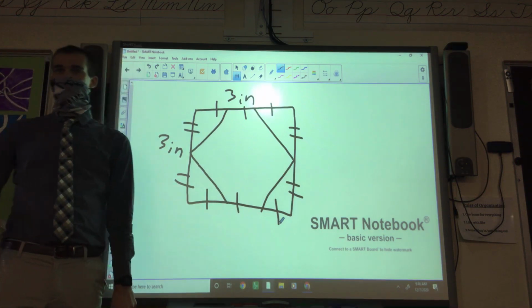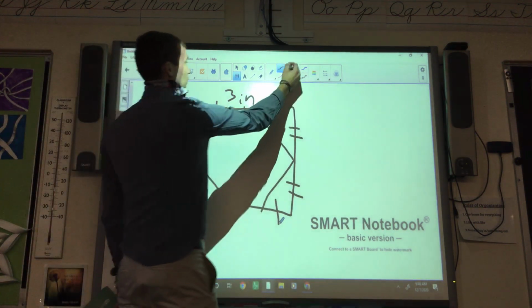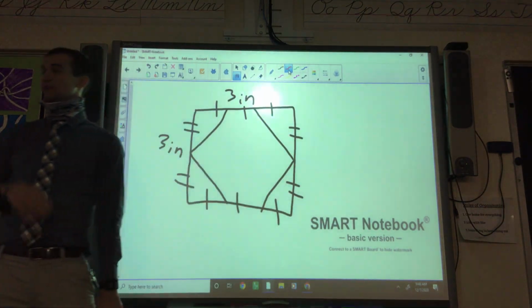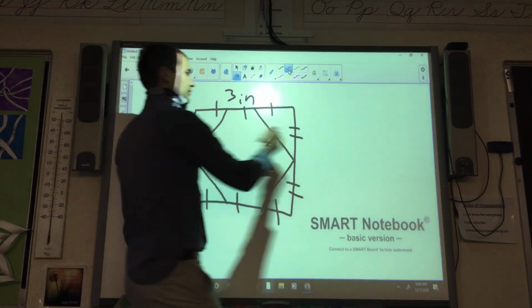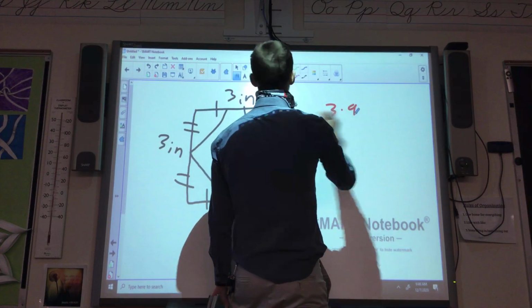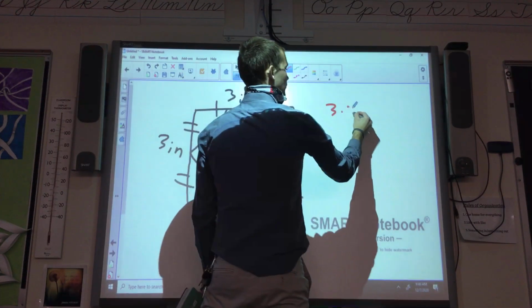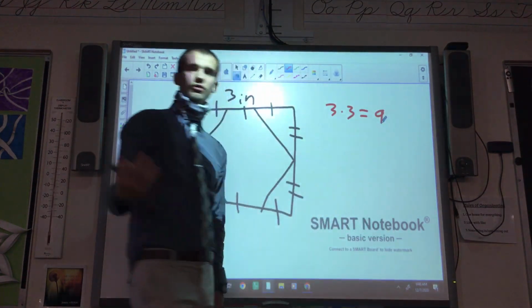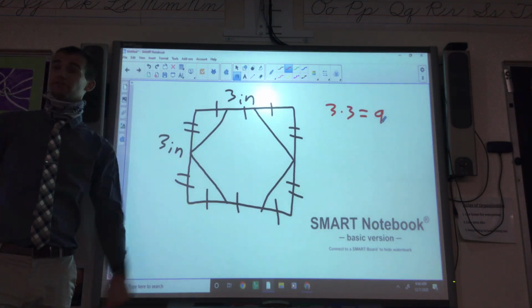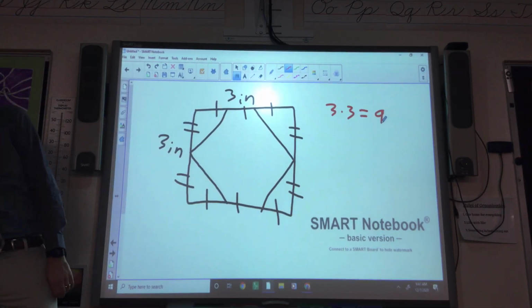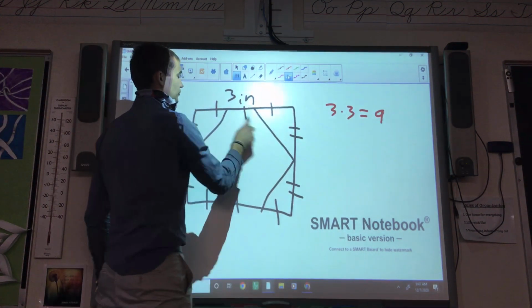Alright, what ideas do we have? Where do we go? Can we find the area of everything? Yeah, that's easy. 3 times 3. So 9 inches squared is the area of the whole thing. Can we subtract off the other stuff that we cut off? Which is